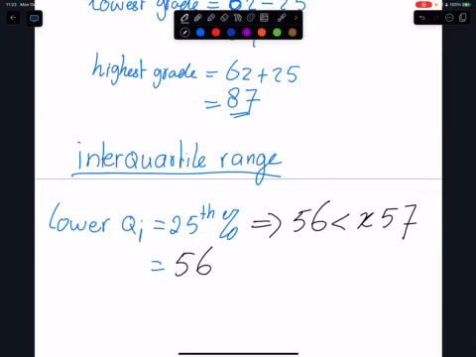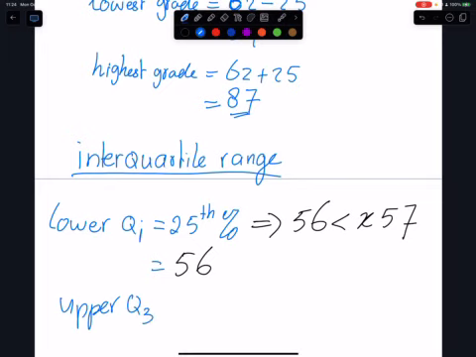The 25th percent, lower quartile, which is 56. That means 5 students in that class scored 56 and lower. 5 students, Q1, 25%. It's still not bad. Why is it not bad? Because the median is 62. So if the lowest percentile scored 56, I can have an idea the majority scored more than 56. So if I go to the upper quartile, which is 75%,